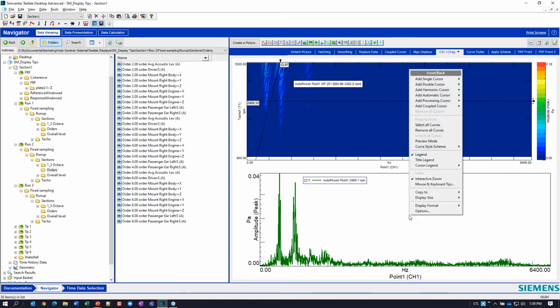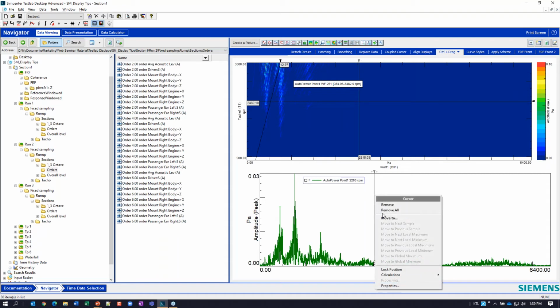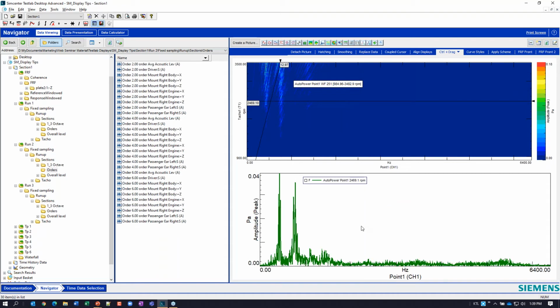So one way I can do that is I can add a coupled cursor and say in frequency, and now as I move, these will do the alignment for me. But just graphically, again, I'm going in front of Pete's boss, and I don't want to have him trying to do that mental gymnastics while I'm presenting. So I'm just going to sort of align these displays myself. Because this color map has this color scale over here, this guy isn't quite as wide as the guy in the bottom. So I'm going to come over here to the edge of this guy, and I'm going to hold the control key, and I'm going to hold that down.